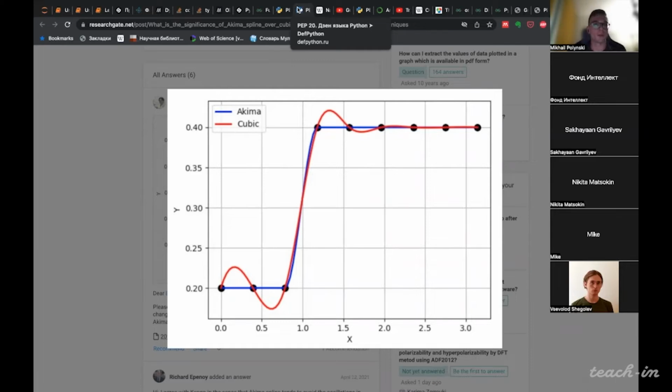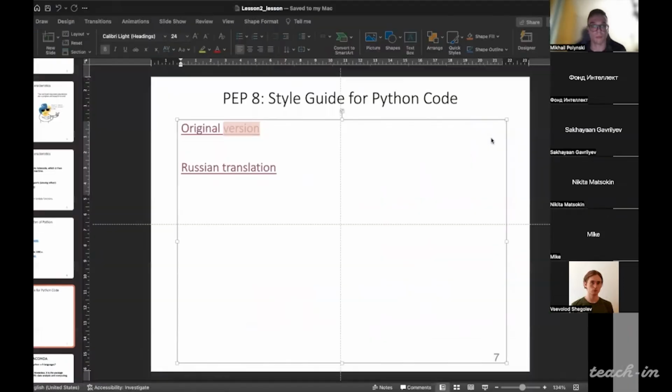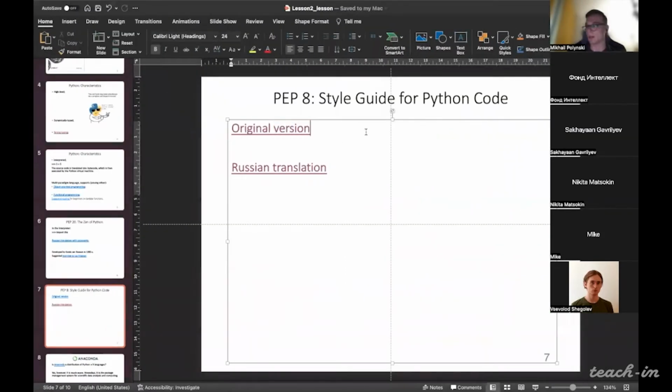So you are free to polish all Jupyter notebooks I send you for better readability. And also I encourage you to execute the code I provide you at home.